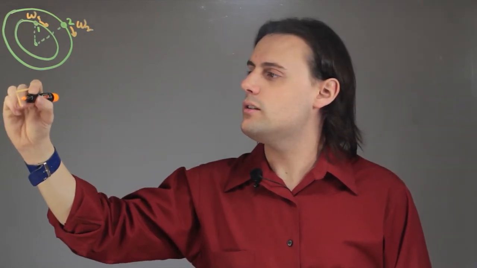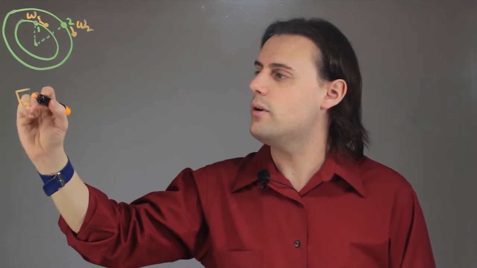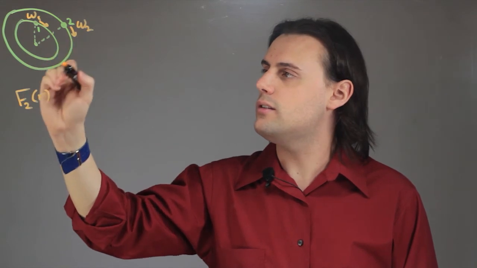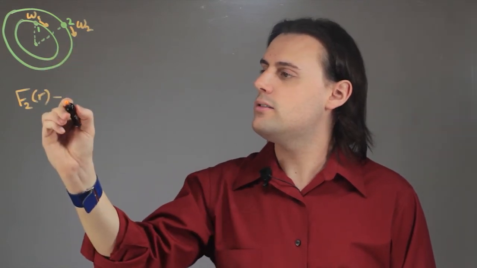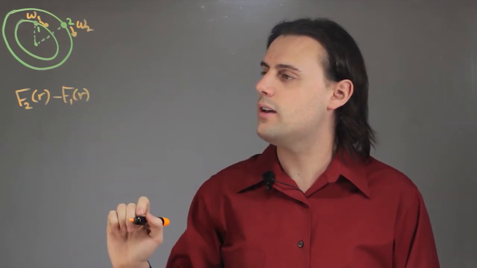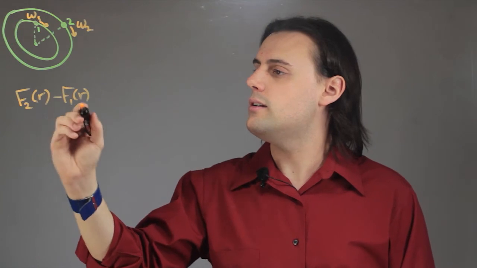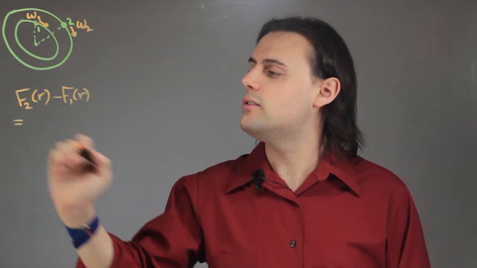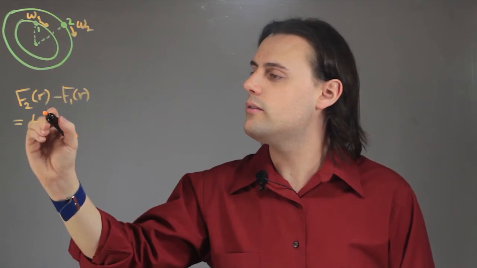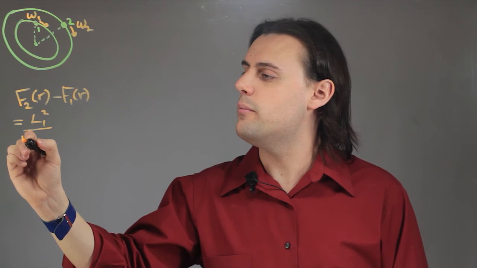So that equation can be formulated as F2, the force on body 2, as a function of its radial distance, minus the force on 1, so these are the central forces acting on the orbiting planets, and this difference is equal to the angular momentum of body 1, which we're examining, squared, divided by the mass of